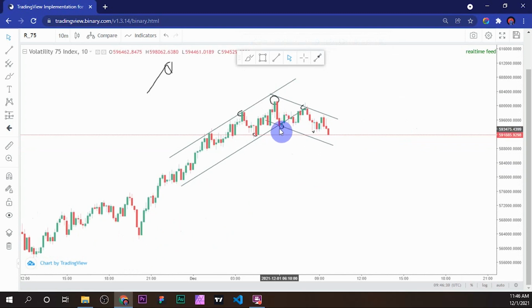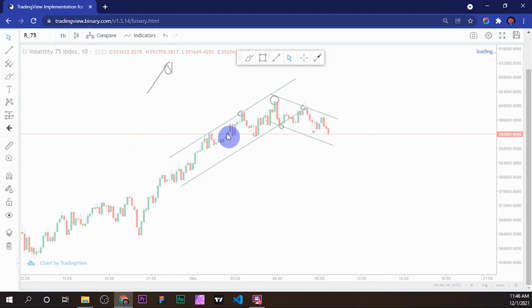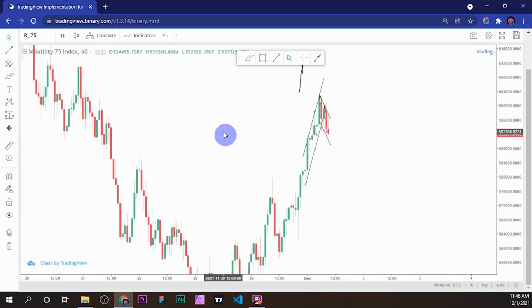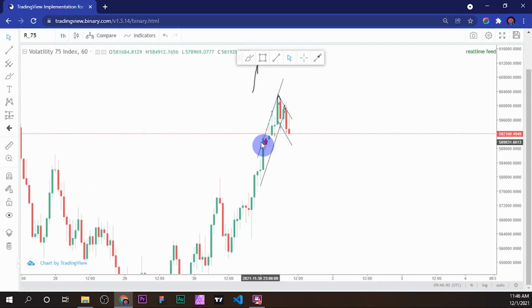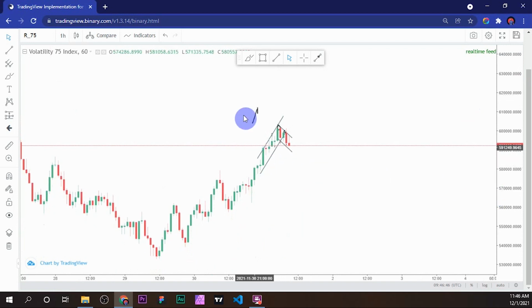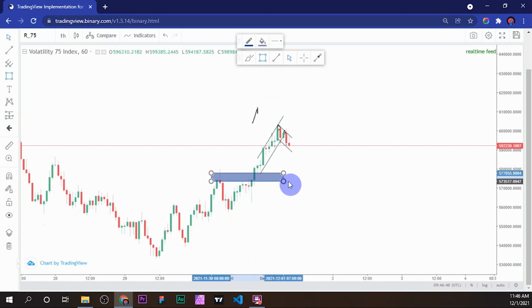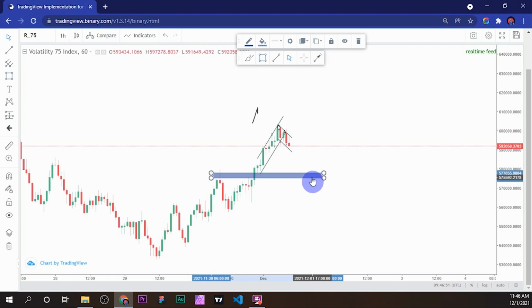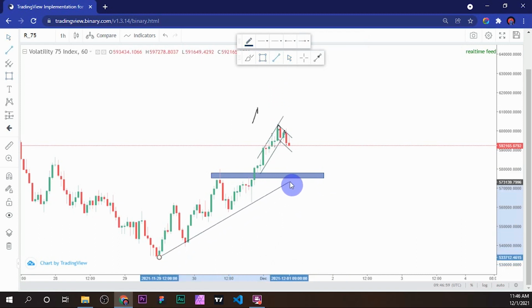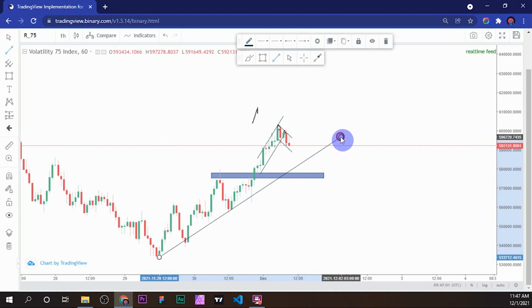For example, now you know that you have your corrective wave beginning. So let's go back to the 1 hour to see where you can time your targets, or where you can be aware of a market reversal. For example, you can see that we have zones like this one, which is our recent resistance, which might be our next support. However, that is not guaranteed, because when the strength is on the buyers, it doesn't necessarily mean that the market will reverse there. And again, we also have this trend line,